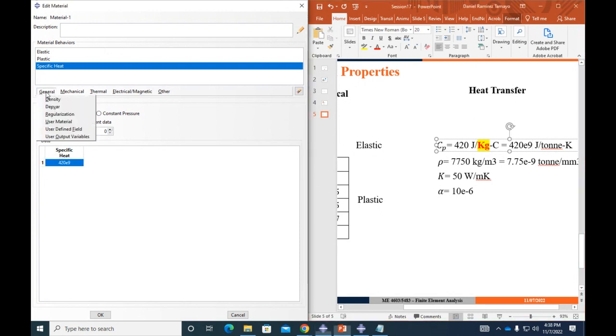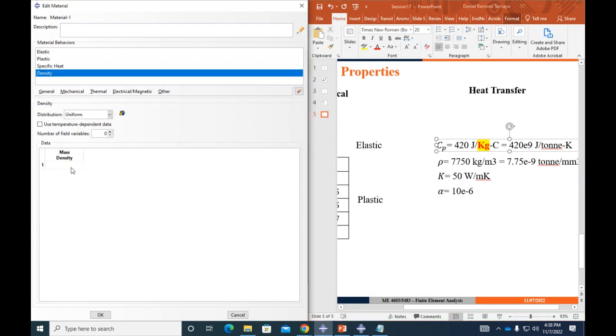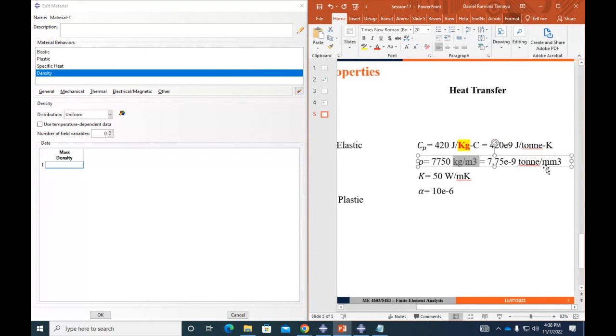My density, I'm gonna go here to general, to density, and my density in these systems is kilograms over meter cubed. I have to convert to what? To ton over millimeter cubed. So if we do that conversion, we end up with this value in here, 7.750 e to the 9. So basically just move the dot 2 points to the left and then add this e to the 9.